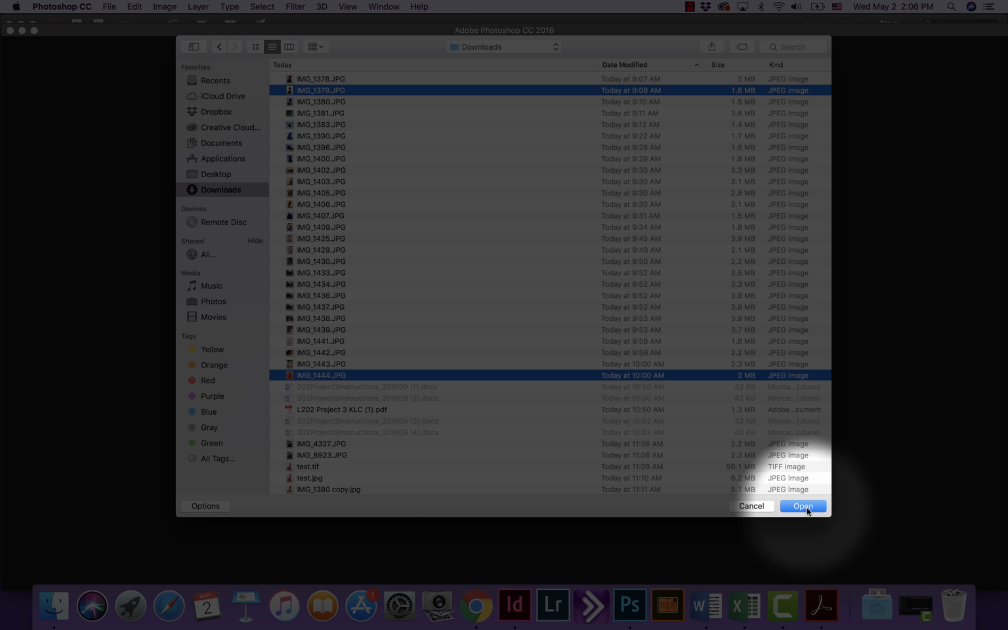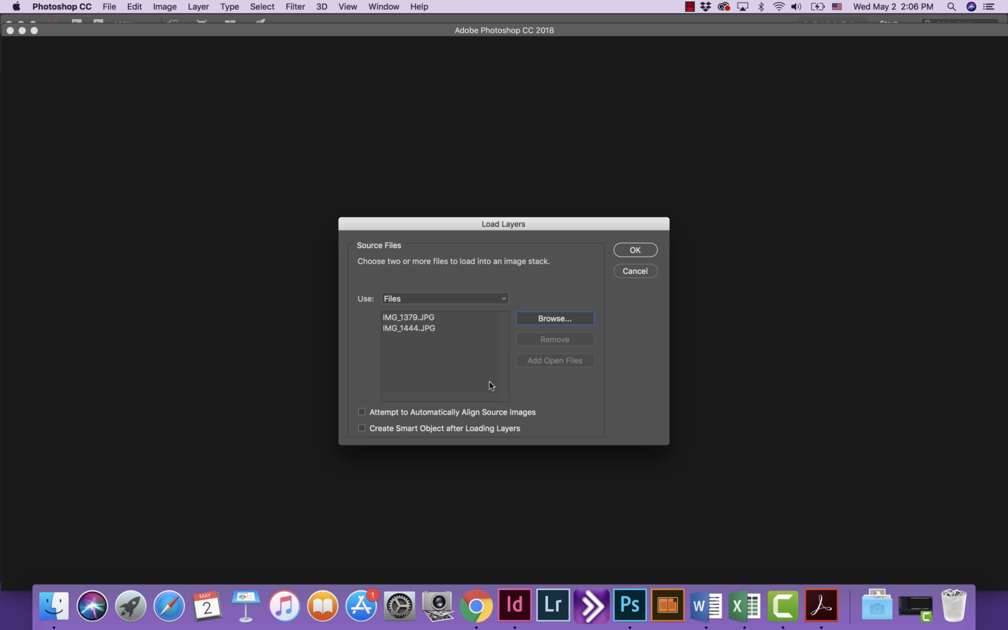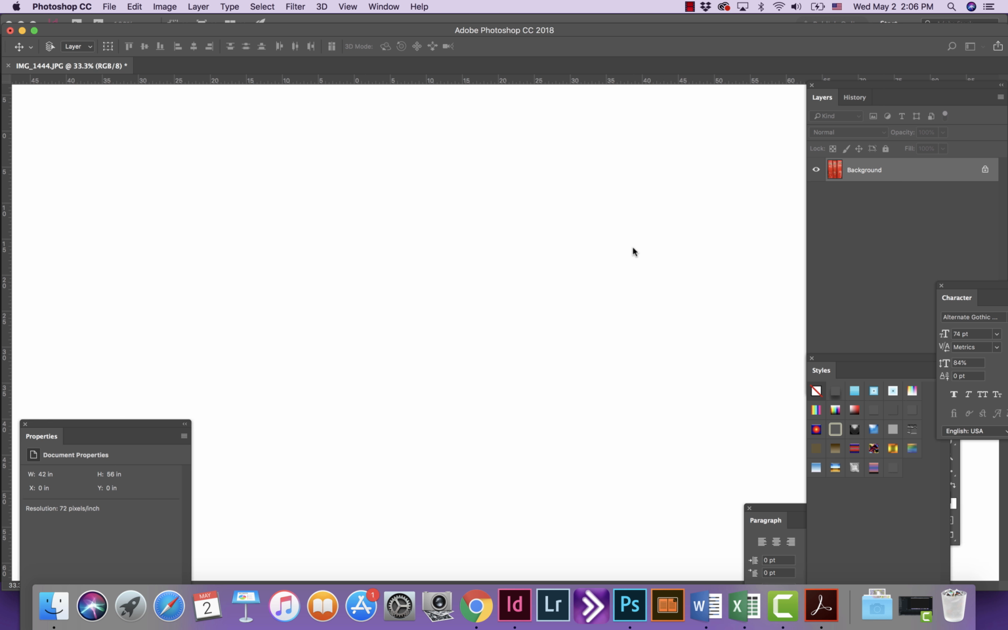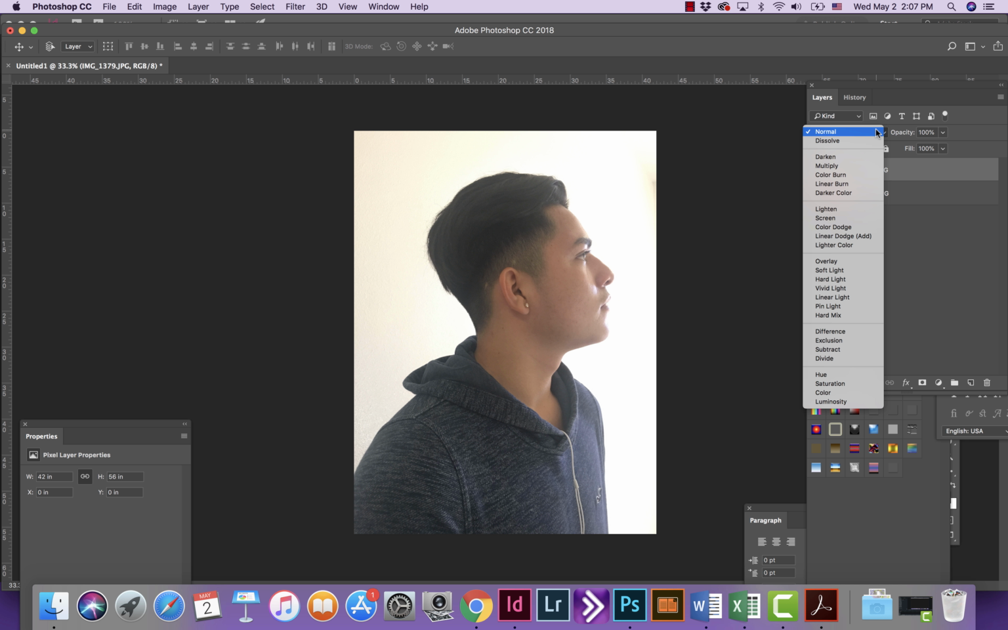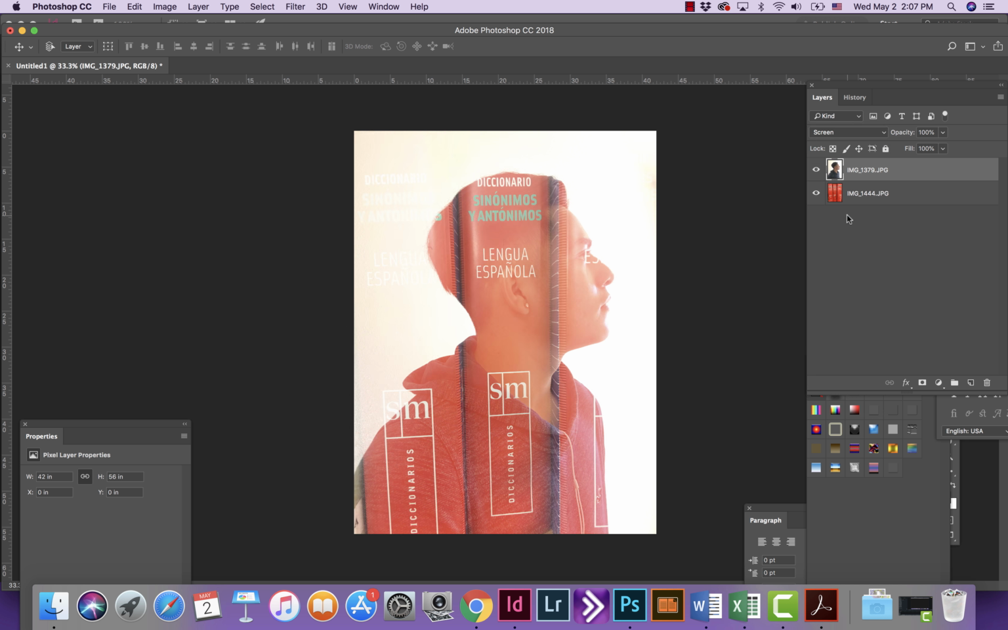You'll know that when I select Open, it loads the files here. And I can go ahead and say Load into one image. I have my pictures of the Spanish books, and I have our friend here. If I do like both of these, I can simply select and change my blend mode to screen to get